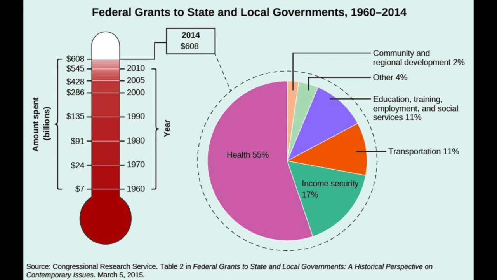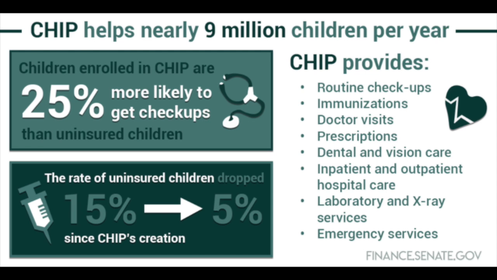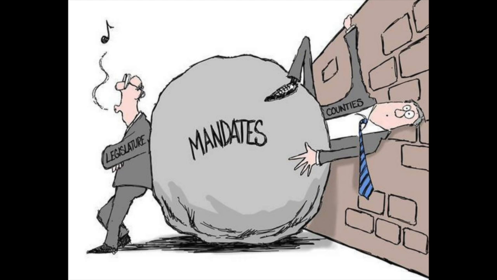The majority of federal grants to state and local governments were for health-related programs, such as Medicaid and the Children's Health Insurance Program. Also known as CHIP, this program is funded jointly by states and the federal government to provide health care to eligible children. The program is administered by states according to federal requirements. While in some cases the federal government provides incentives, there are other cases where state and local governments receive unfunded mandates, which impose obligations without providing compensation.